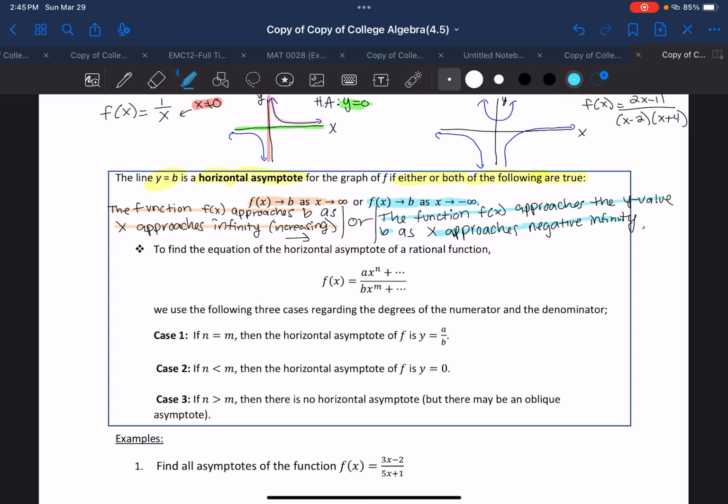Okay, so as x is decreasing or going to the left,